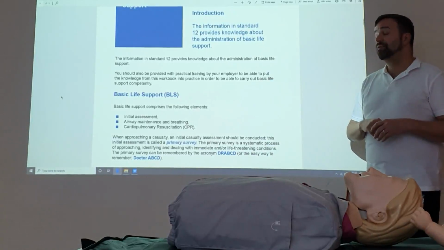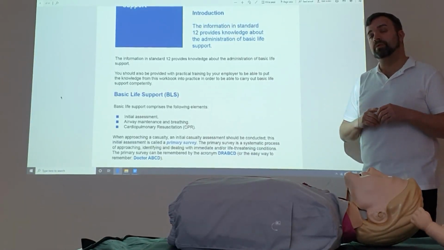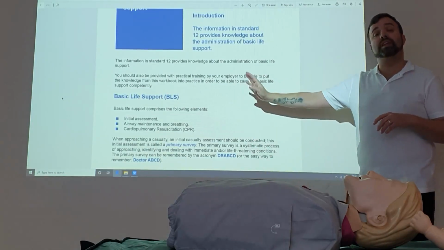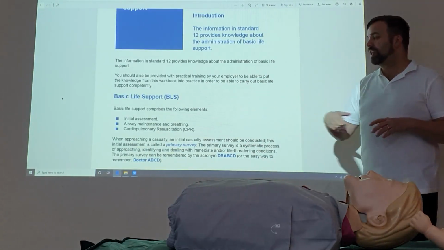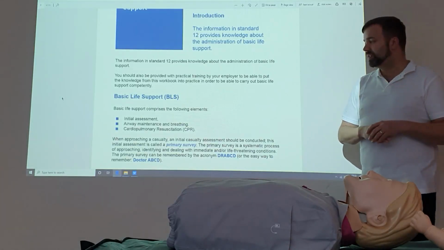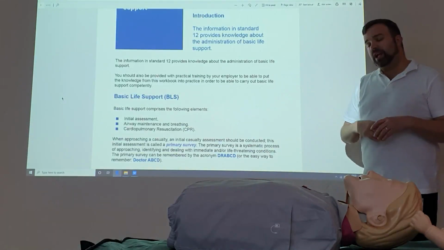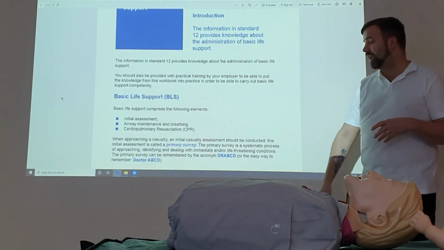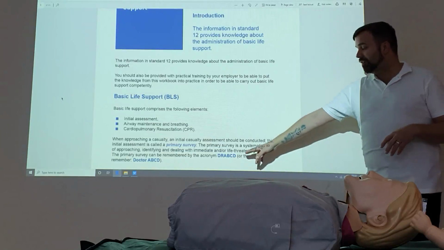This means you have to have knowledge around basic life support. And there's three processes around basic life support. We have the initial assessment, we have checking the airways, and then we have the ability to perform CPR. As we go down initial assessment, we carry out what's formally known as the primary survey. And here we use the acronym